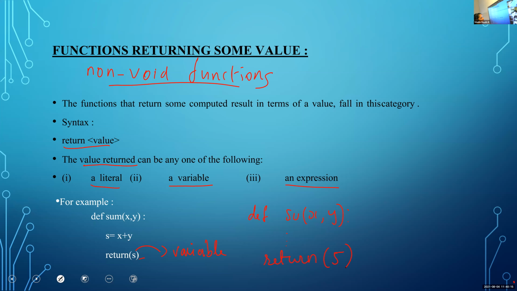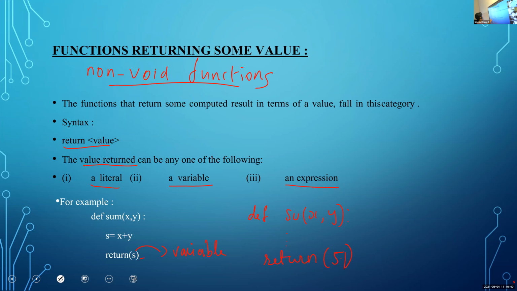Or 5.1 is another constant value. Okay. Constant value means we cannot change the value. If we want to change this value, we can erase the value and replace it with another value. That is the only way. That type of values are known as constant value.